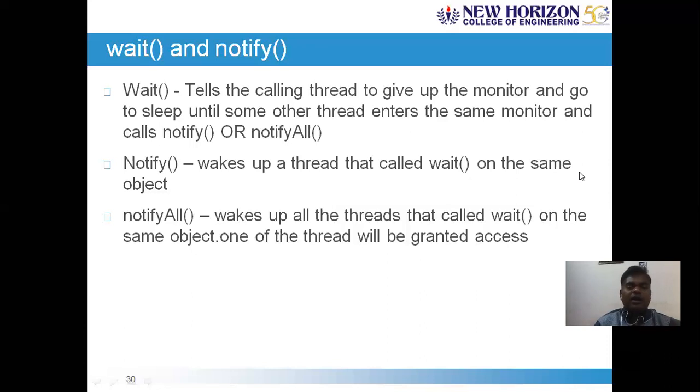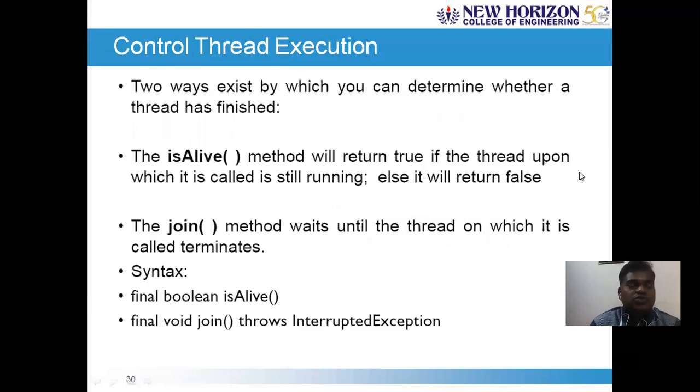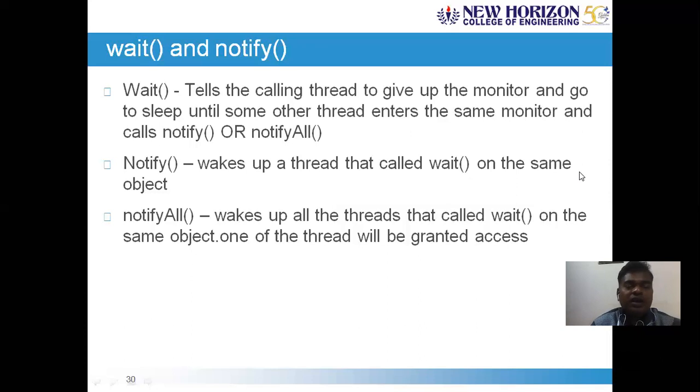So what we mean by this is alive, join, wait, notify, and notify all. These are the 5 built-in functions which are used to control the threads in Java. So from an examination point of view, how do you control the threads in Java programming? You should be able to explain all these 5 functions, followed by an illustrative program showing how you make use of these 5 library functions in a real-time application or a simulation kind of application.